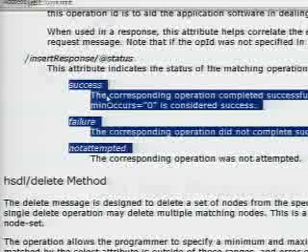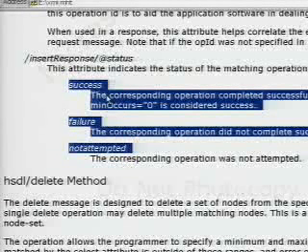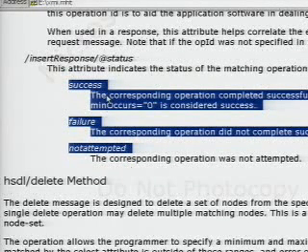Boxcar, why don't you explain boxcar? Yeah, so it's like when I want to do an insert here, and I want to do a delete here, and I want to do another insert here. And all these things have to succeed in order for me to do this next operation. If any one of these fails, then that's a failure, and I want to roll back all of these changes, or I only want to roll back part of them. So it's important to note that on some messages you can get back, hey, this operation you wanted me to do, if you're trying to do this boxcar thing, it may not have even been attempted, and that's all we're communicating, because something before it failed.